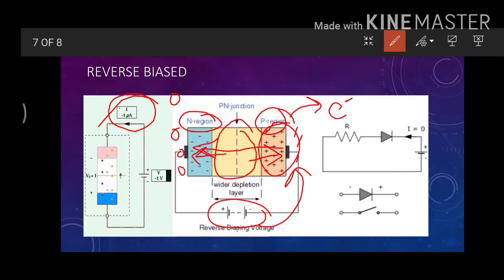As you can also see here, this is only 1 microampere, which is 10 to the power minus 6. So it is more than 1000 times less than the current in the forward bias condition. Not only this, when you increase the reverse bias voltage above the capability of the diode to handle, the diode gets damaged or goes into the breakdown region, which we will look into in the next slide to see how this happens.